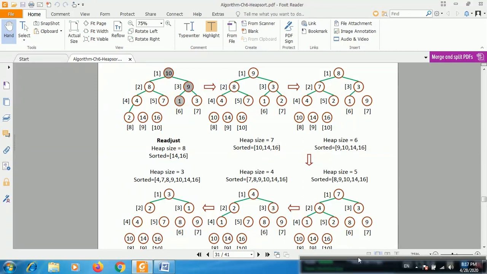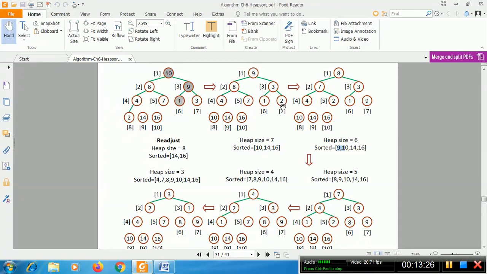So here remove the root node. So again this is the sorted position. Here we can see this is the sorted position, and the last index of the tree is 2. So again we swap the element 9 to index 7, element 2.